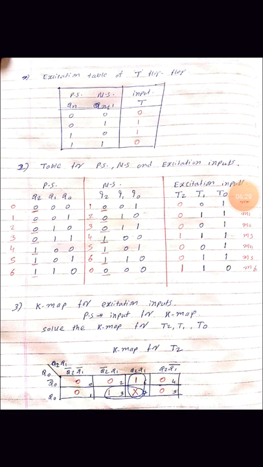Yes, here we require the excitation table of T. Without this excitation table, we cannot proceed further. So the excitation table of the T flip-flop is a must. So all of you remember the excitation table of the T flip-flop. A problem may be asked to design with the help of the T, or design with the help of the JK. So yes, all of you prepare the excitation table of the T and the excitation table of the JK.